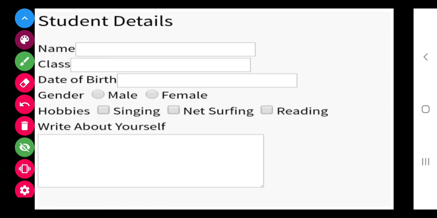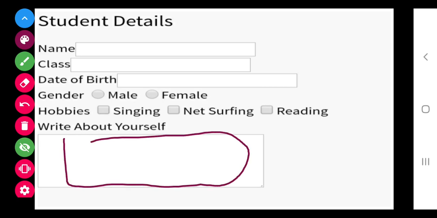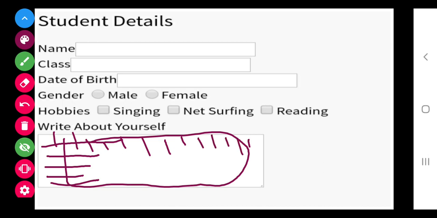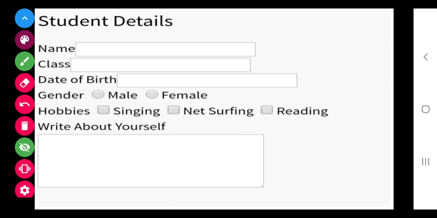So class, you can see the write about yourself, and the area is coming here, with the first line, second line, third line, fourth line, fifth line. And if we talk about the words, 30 can be written in a line. So that's the thing here.